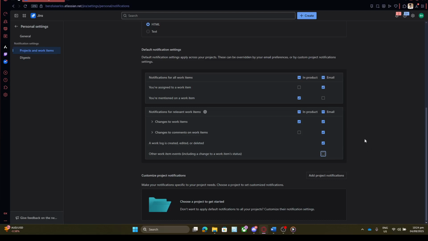Customizing these settings will help ensure that you're informed about necessary changes without being overwhelmed. If your responsibilities include coordinating with a team, be sure to set notifications that keep you updated on their progress and any collaborative tasks that need your attention. This will facilitate smoother project management